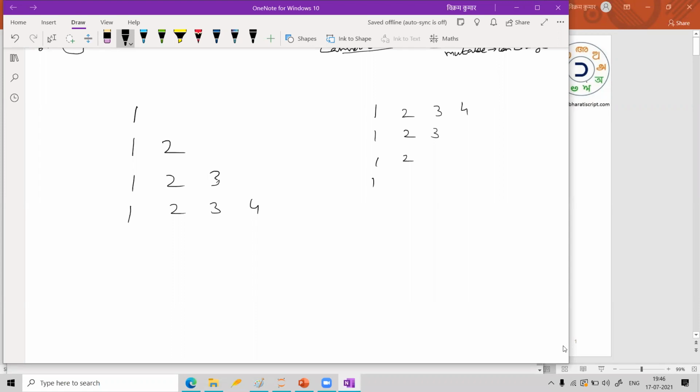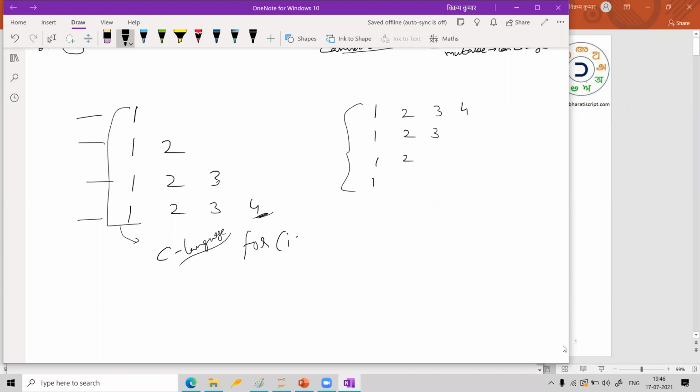Okay, now let us build the logic. It is not very difficult. Once you understand the logic, you can write many programs and many shapes like this you can get. Now let us see here. We have 4 rows and the maximum number we are printing is 4. So don't you think we can use 2 for loops? So first I will write in terms of C language. Afterwards we will convert into Python also.